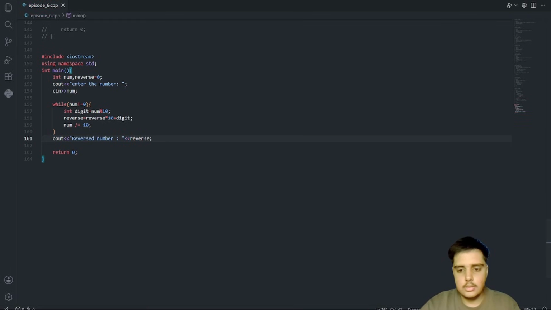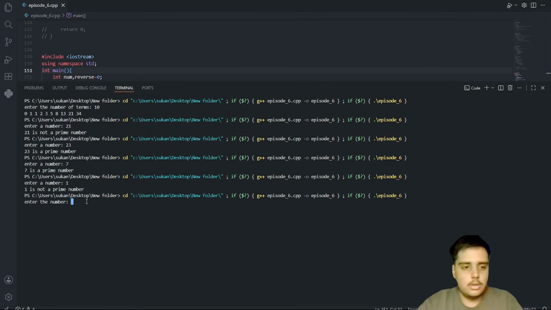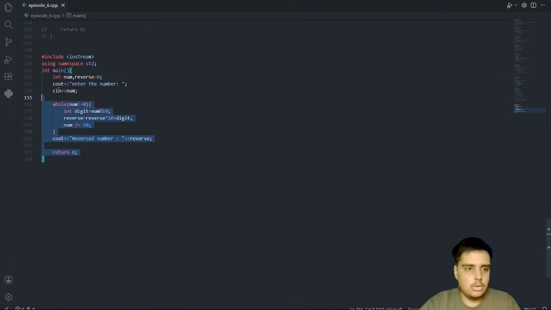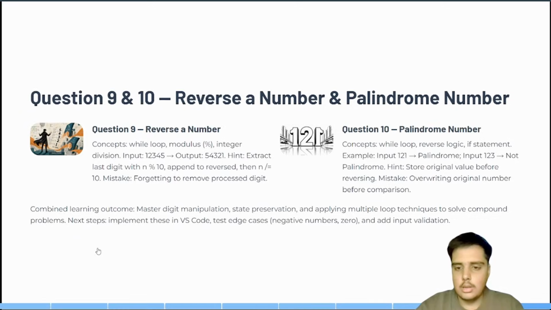So it will give me the reverse number of it. So let me try and run the code. If I say 1 2 3 4 5, the output comes as 5 4 3 2 1. So I hope you have understood this question also. Coming to our presentation, the last question, the palindrome number.